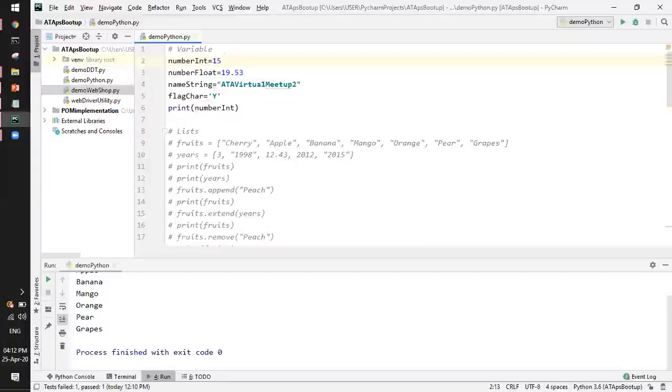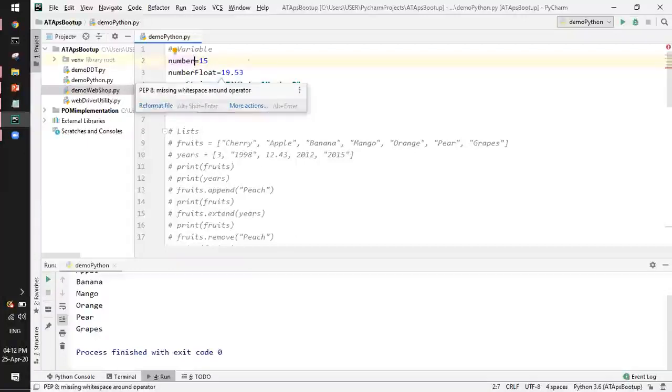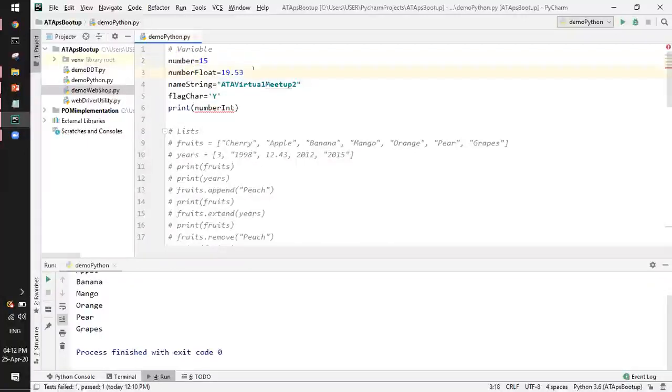I have assigned the value 15 to a variable called number int. This int is just for your understanding. I can simply remove it, not a problem. Other things are number float, where I have put in some float value, then a number string to which I have assigned a string value, and a character variable, named flag character, and the value I have put is y.